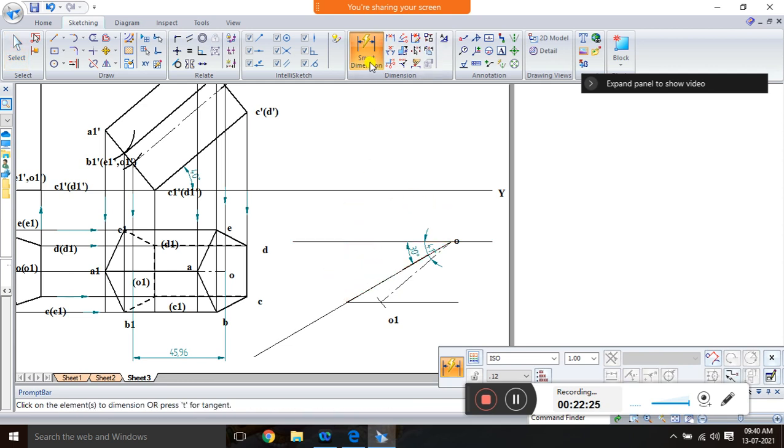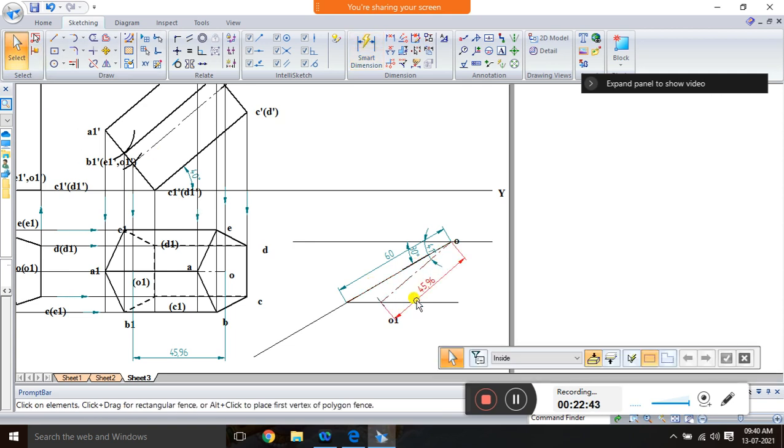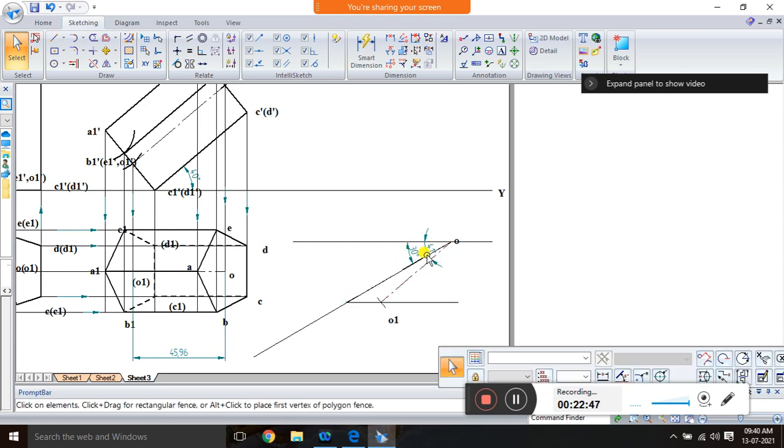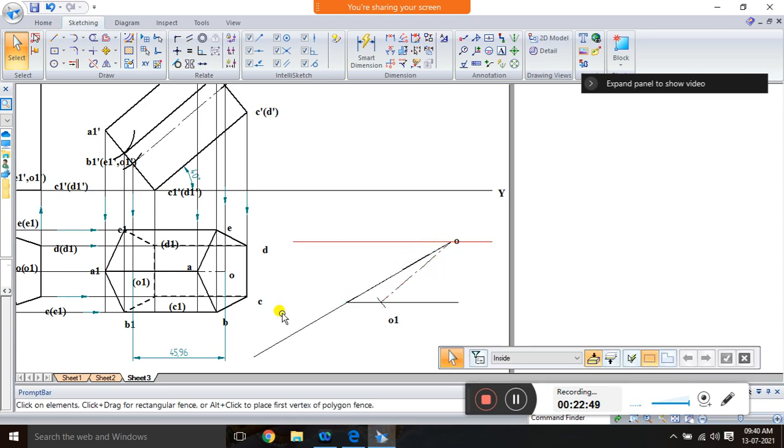See, the original axis length is 60, but after rotating 40 degrees, that axis length reduces to 45.96. We have to consider that for the compass, and if you cut that on the locus line, you will get 41 degrees as the beta angle. Clear? Yes. After this, you have to reconstruct this entire top view on this beta angle.